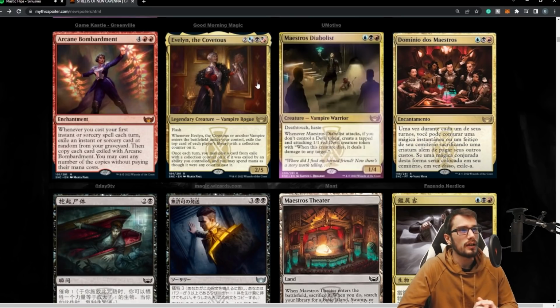Moving on to Evelyn, the Covetous, very expensive, 5 mana, the hybrid black and blue, as well as a hybrid black and red, making the mana requirements much easier to accomplish. It's a 2/5 legendary creature, vampire rogue, with flash. The flash is fantastic. Whenever Evelyn the Covetous or another vampire enters the battlefield under your control,